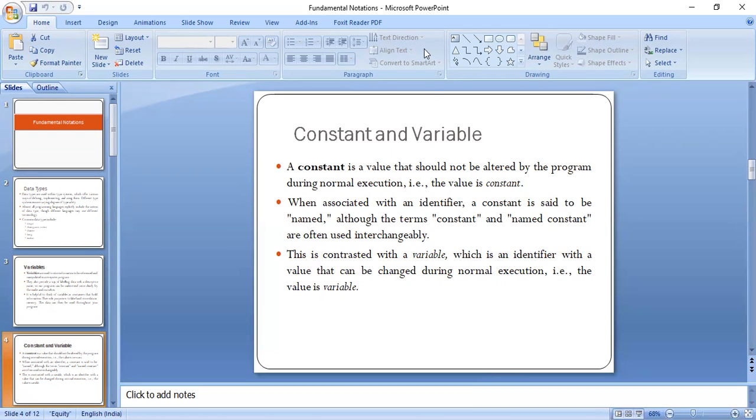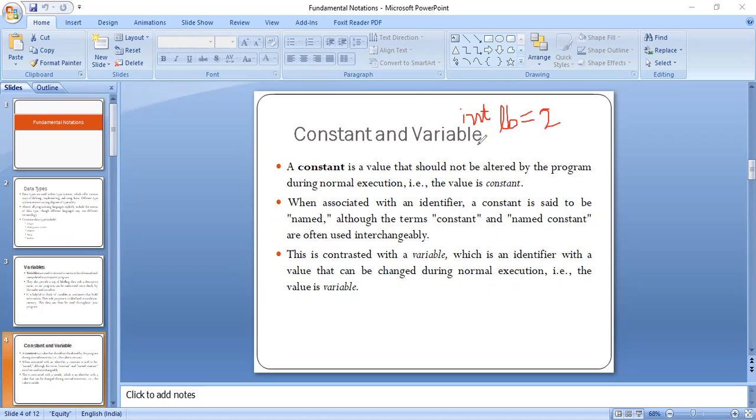Let's say, taking an example here, we have LB. LB is your variable which is holding certain data. Let's say it is holding the value 2 and it is of integer type. So LB is the variable holding a certain value, and it is used to label the value 2.